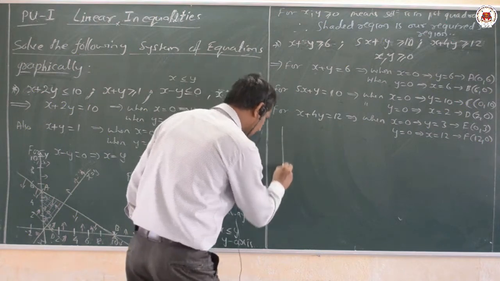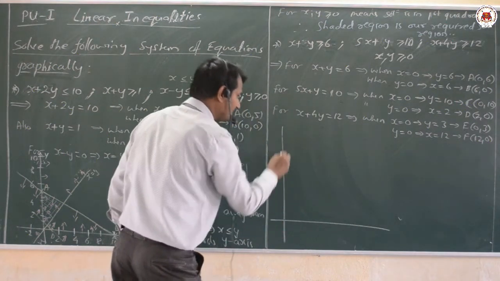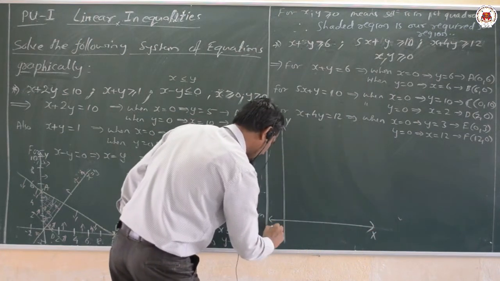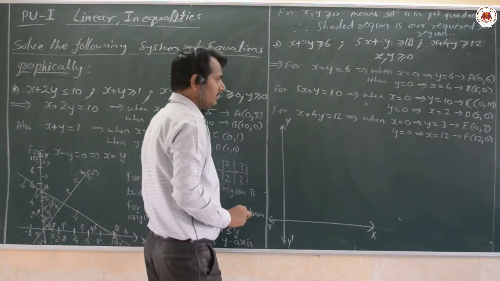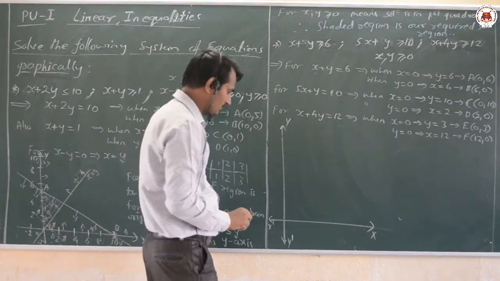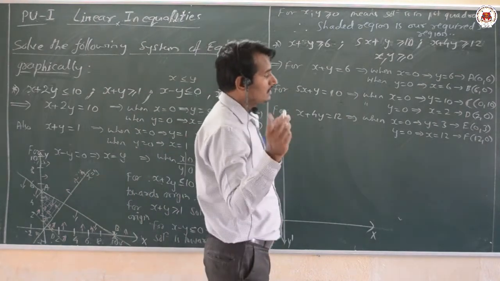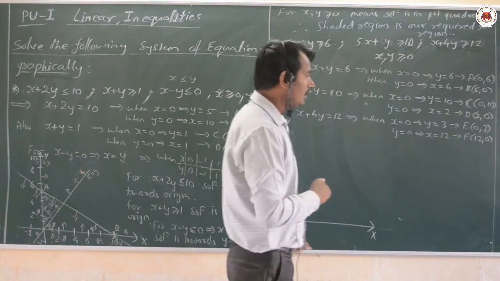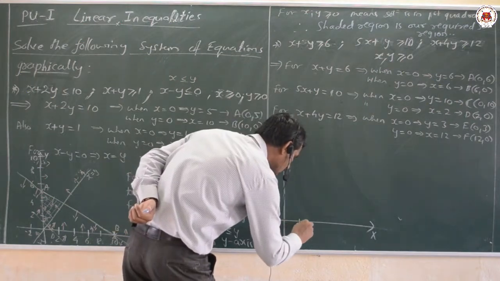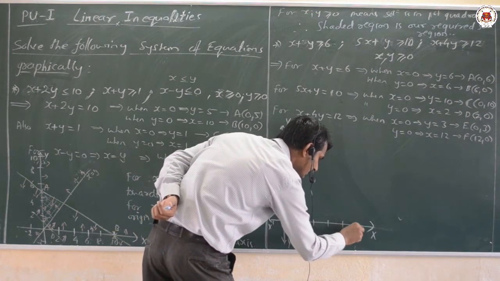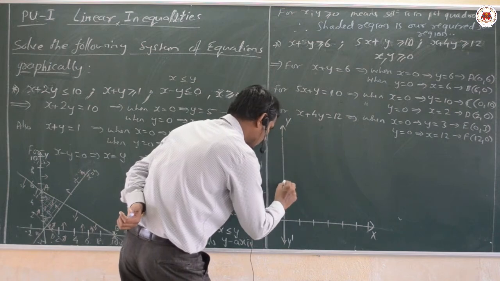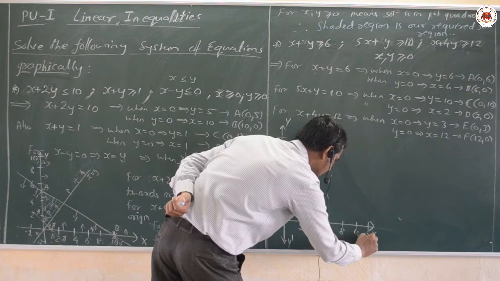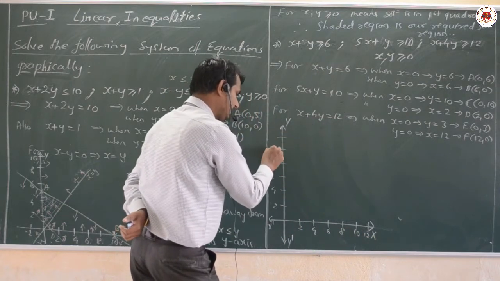Now, dear students, we will draw the graph here. A very, very simple graph I will draw here. That is our y-axis, that is our x-axis, x dash as well as y dash here. Now I will mark down the points. A of (0, 6). Now here we have to look at the points: (12, 3), (2, 10), (6, 6). That means here we have to mark down all the points. I will take it as 2, 4, 6, 8, 10, 12, and similarly 2, 4, 6, 8, 10, 12 on the other axis.